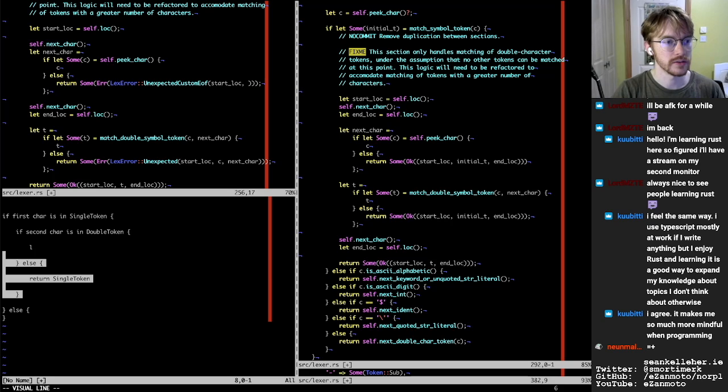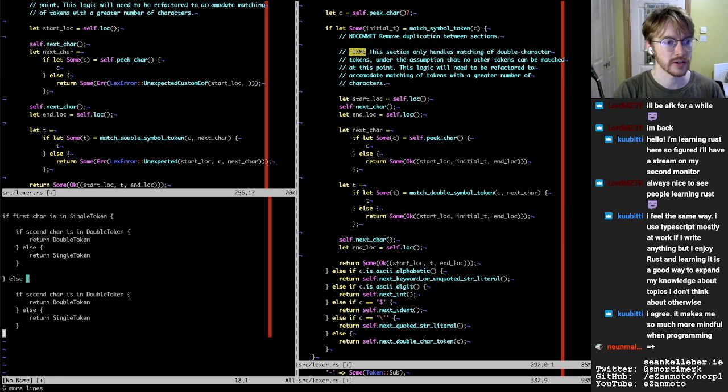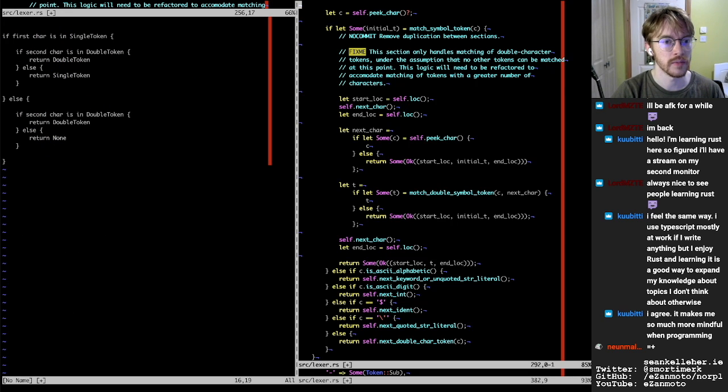So we do a similar check here. So we're saying if the second char is in a double token, then we return the double token. But then if there's no match for the first character, then we check is the second character in double token, and then we return double token. Otherwise, we return none. And that's an interesting kind of layout,